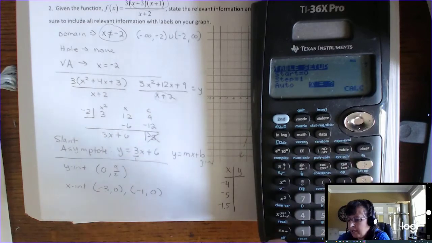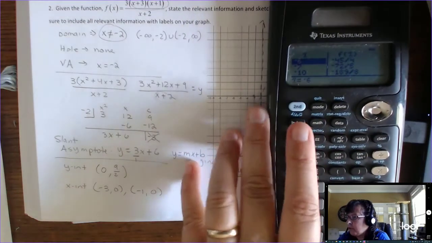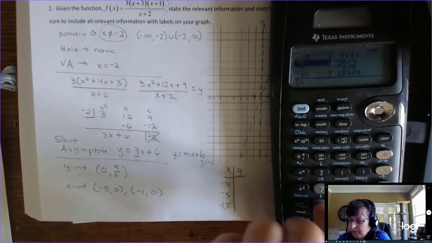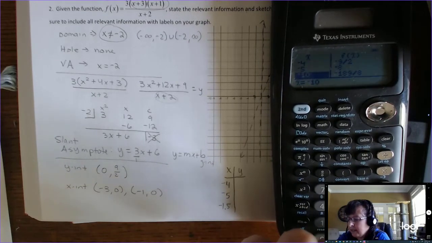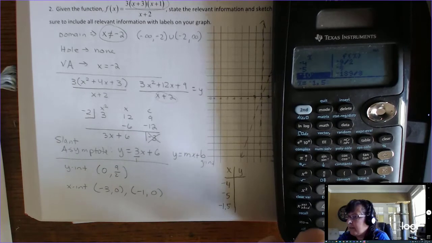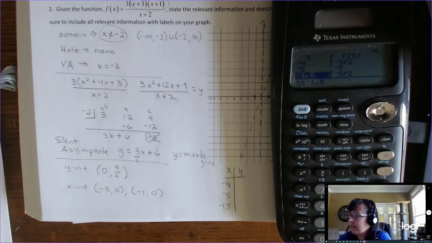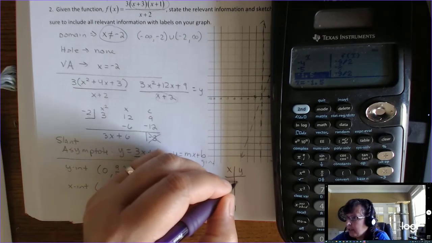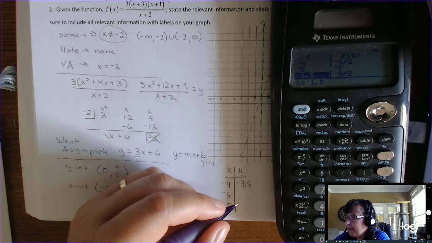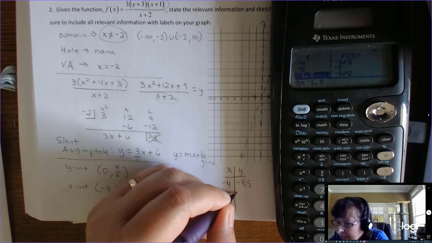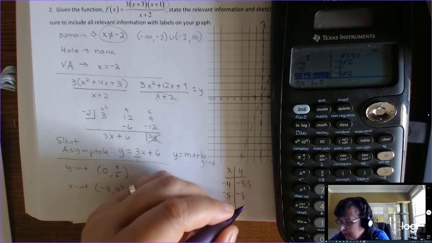Let's just do that, and then we'll just put the values we want. So I want a -4 and a -5 and a -1.5. Okay, so at -4 we've got -9 halves, which is -4.5. And at -5 we've got -8. And at -1.5 we've got